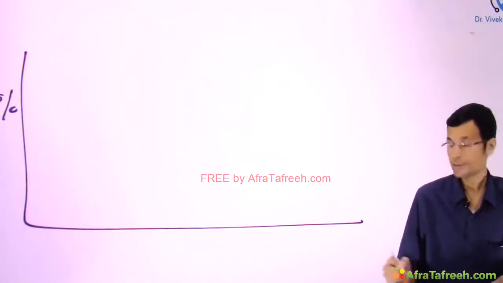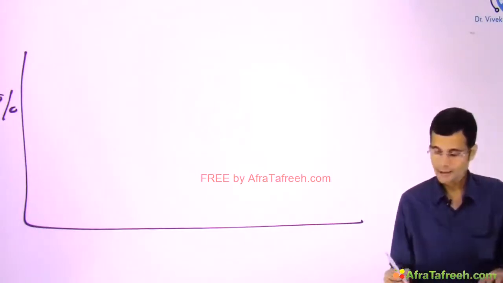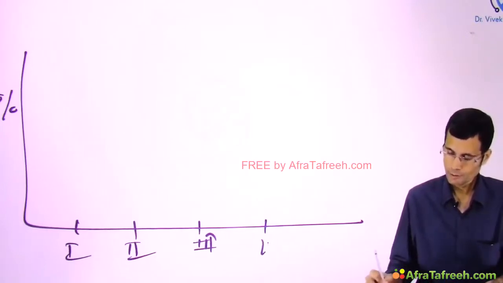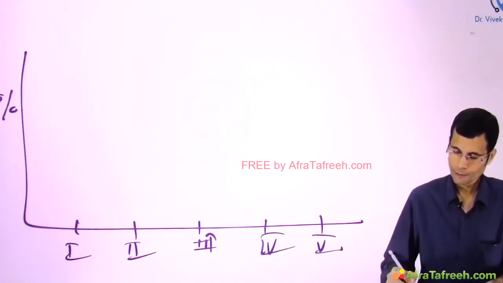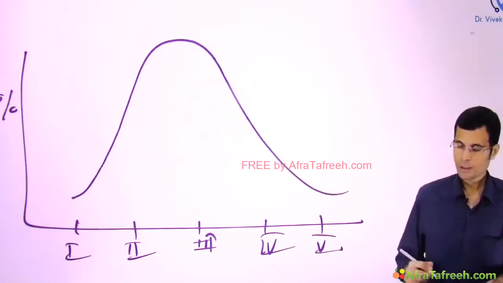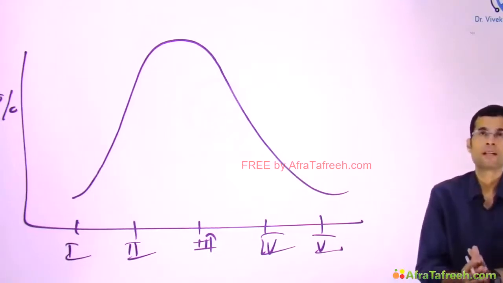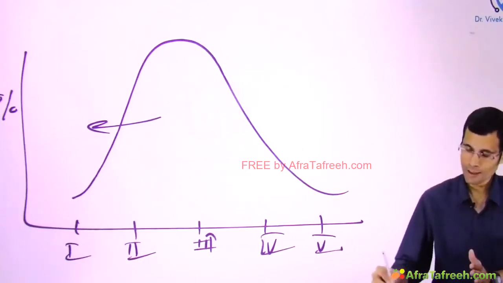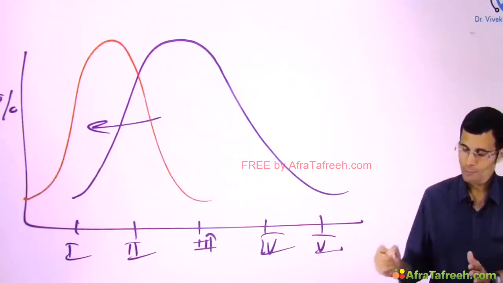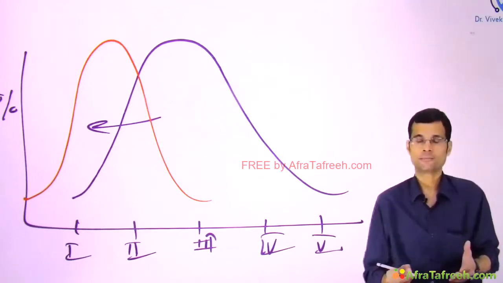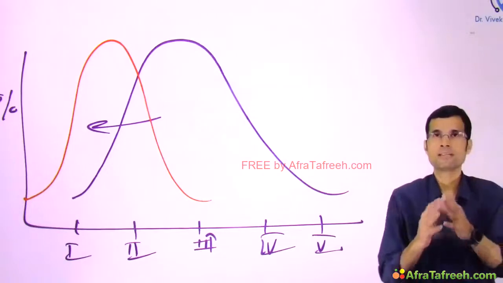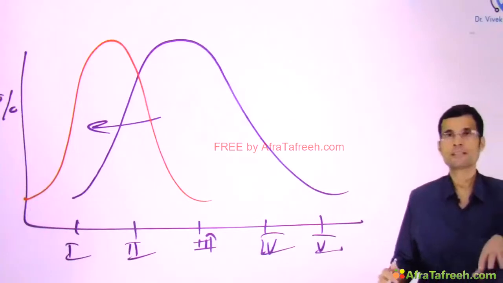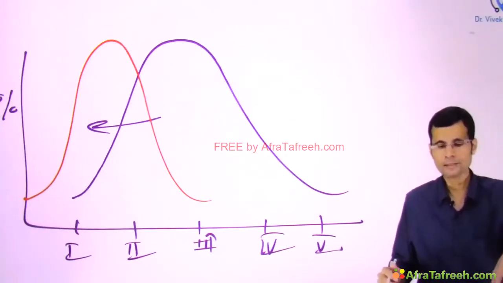These are the percentages of neutrophils, and stage 1, stage 2, 3, 4 and 5. And that's the curve. So, shift to left would indicate what? If the curve is shifted to the left, it will mean there are more neutrophils which are younger with single or 2 lobes, and that indicates a sign of infection, because neutrophil is a first line defense, and in the